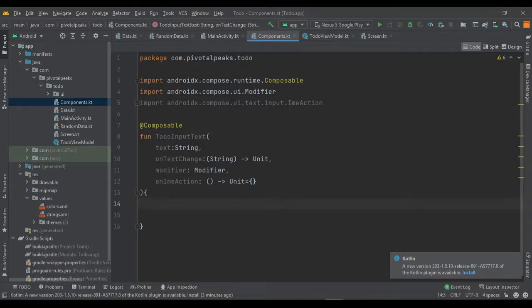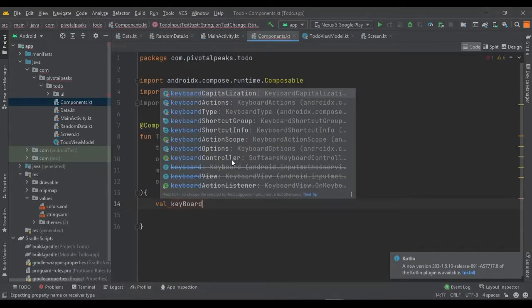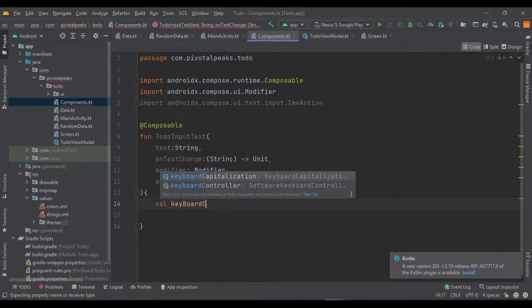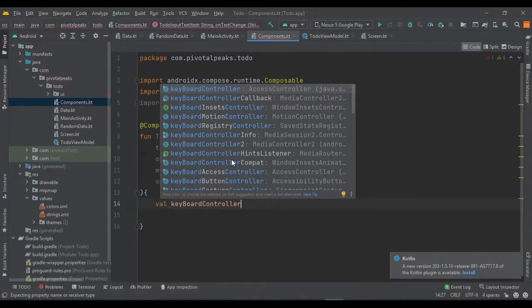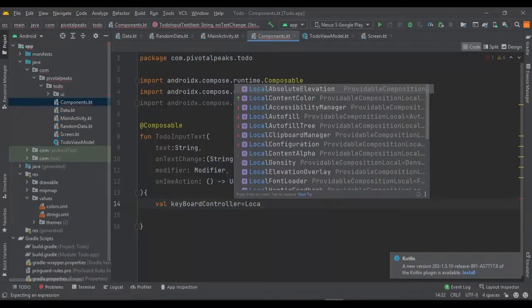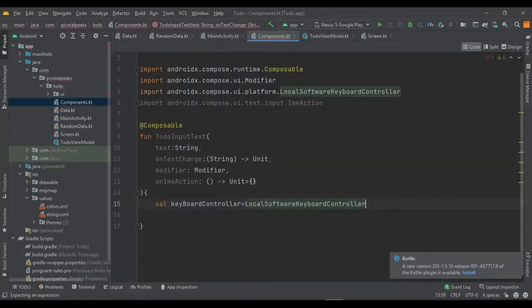So here we need to create a value for our keyboard controller, because in Compose things are a bit different. So keyboard controller, and we need to call the local software keyboard controller, and we need to pass the current, and it's giving us an error.